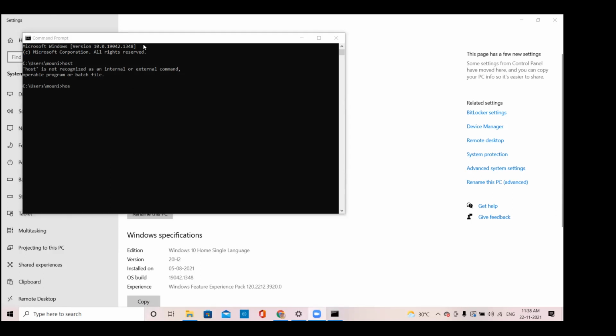Type hostname. No, type it as a single word. Enter. Right? That is your host name.